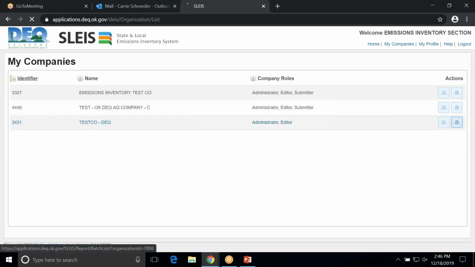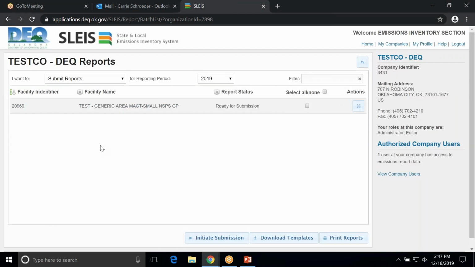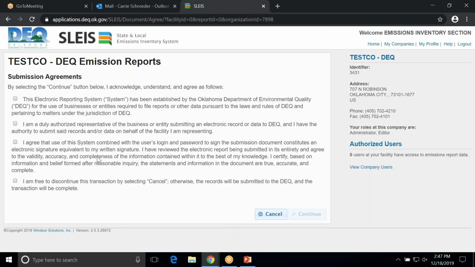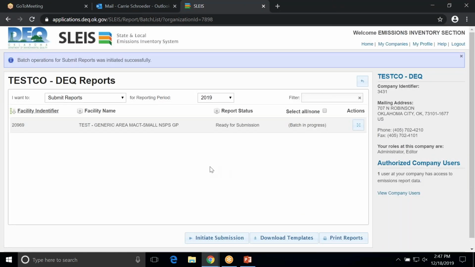Or if you were to go to the batch process for 2019 and look for facilities you want to submit reports for, you find it here. You then click that box for any number of facilities you wish to report, and then initiate the submission. Just like the other process for an individual facility, you click the various buttons, agreeing to the information here, hit continue, and then again the batch process will initiate, run, and when it is done, send you an email letting you know what happened. In that email you receive, I'll show you this one in a second when it generates,